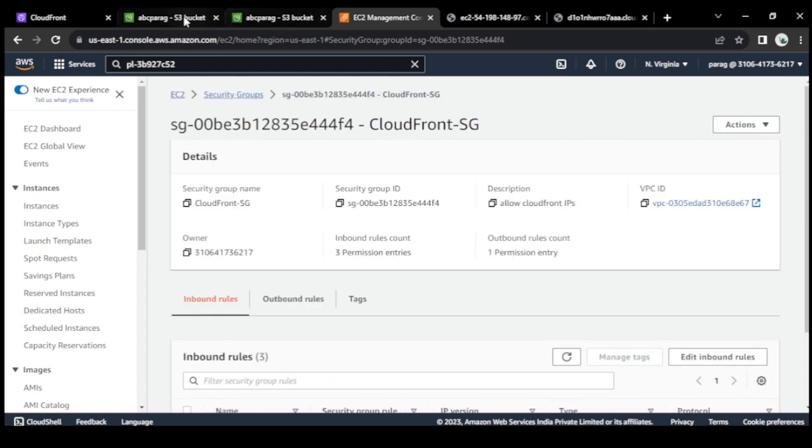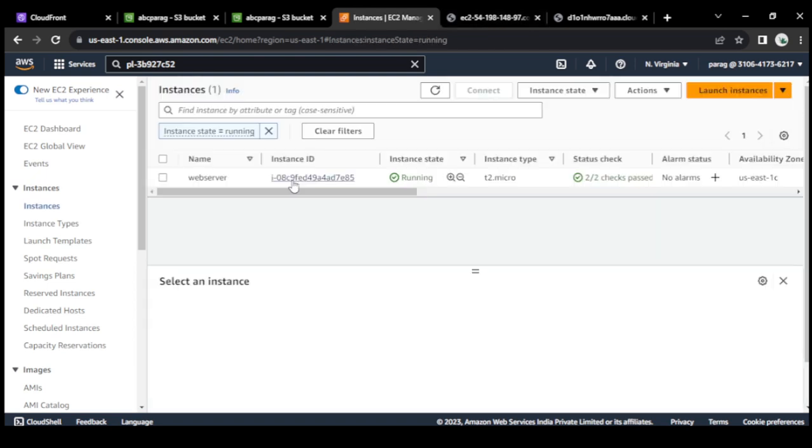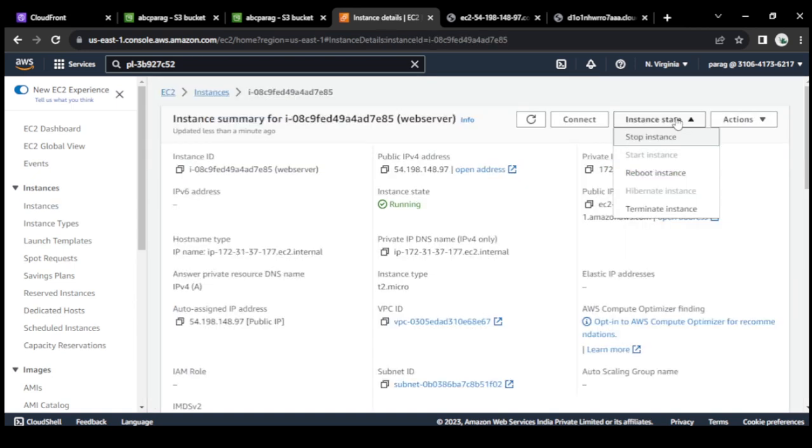So I will go to my EC2 dashboard. There is one running instance. I will click on this, then click on instance actions, go to security, go to change security groups, and click on CloudFront SG. I will add the security group, and I will remove the Linux SG security group, and I will click on save. Now what will happen here is that